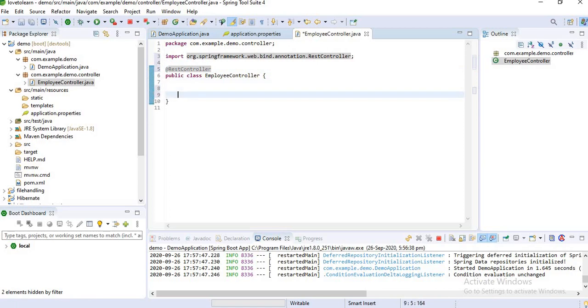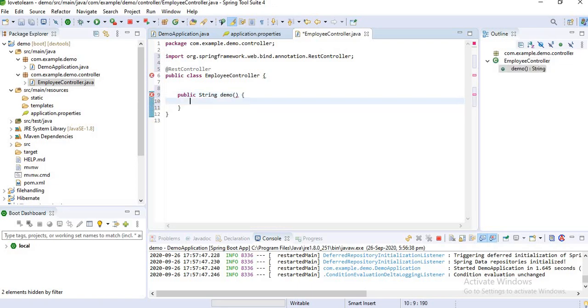Let's create a method here. Guys, I'm creating just this method for testing purposes, whether my application is working properly or not. Okay, public String demo, return sample data.